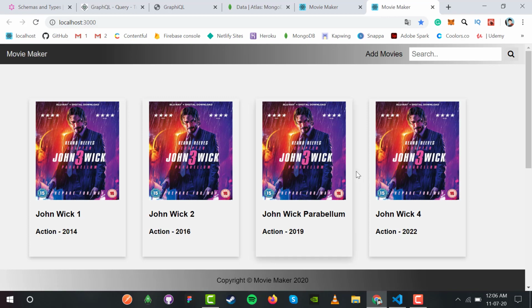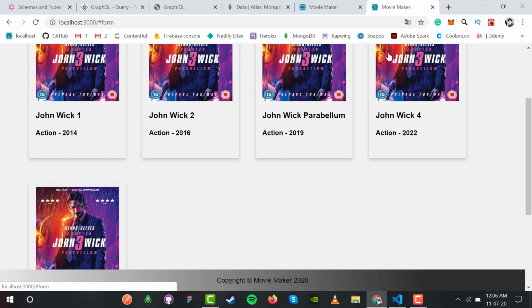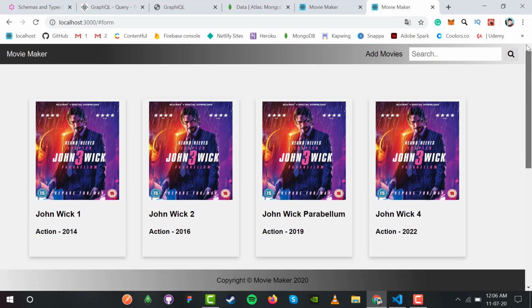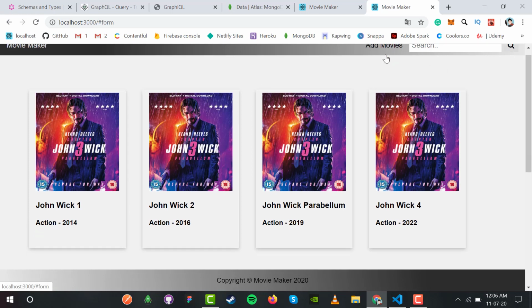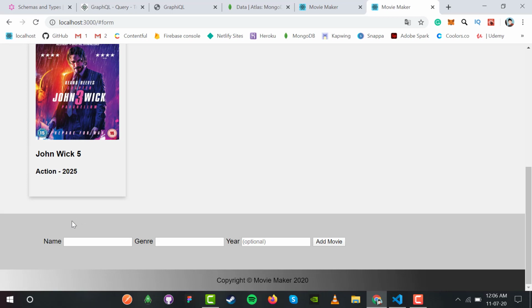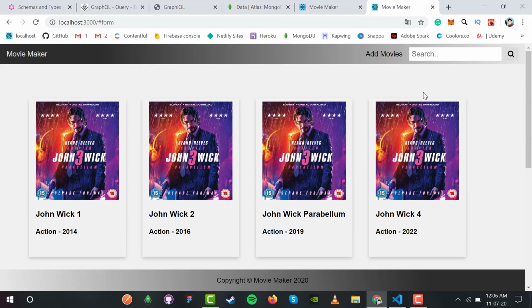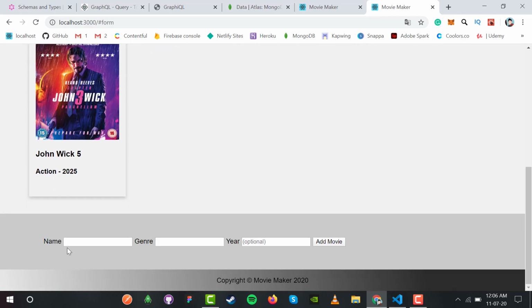Okay, refresh. So now if I hit add movies, yes, this points me to the add movie component over there. So now let us recheck it. Add movies. Okay, this is auto scrolling smoothly. So we have the add movies button working fine for us. So we have this add movies scrolling for the final time.